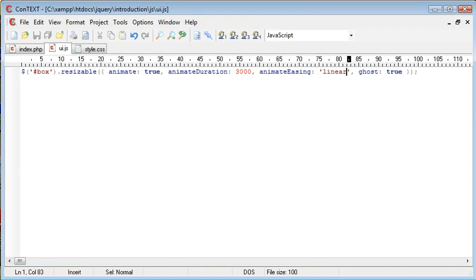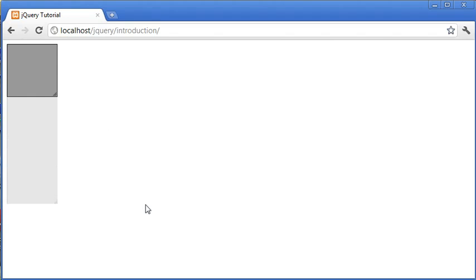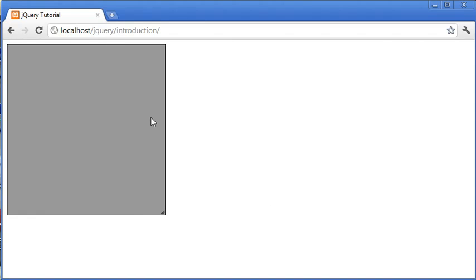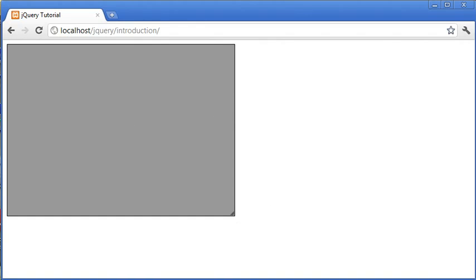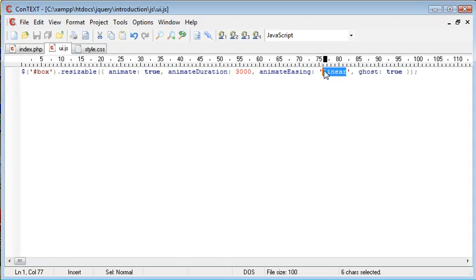If we were to use linear, it will resize at exactly the same speed every time. You can see then it just stops. So depending on, again, how you want it to look, this will just slide at a constant pace as opposed to swing. So I'm just going to remove this animation duration and remove this animate easing so we can see some other options. Now another useful option is the aspect ratio. If you're trying to maintain a particular aspect ratio, you can go ahead and turn this on. So for example, if I was just to say true,